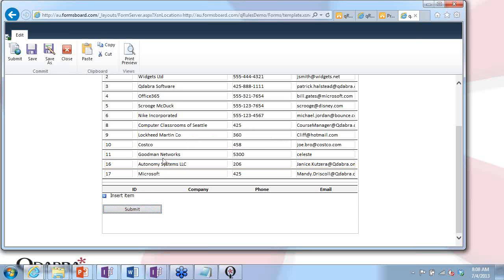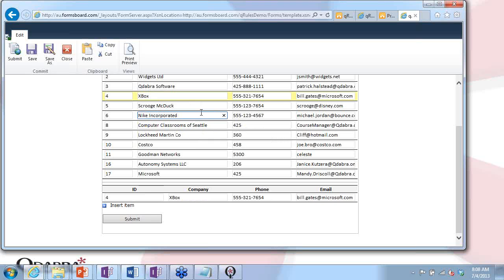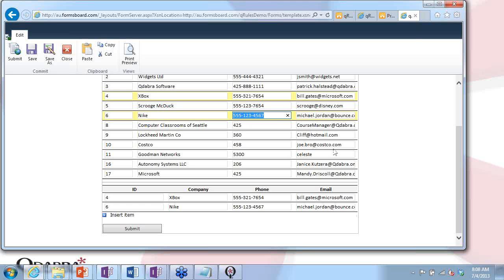I can do multiple edits at the same time. Let's change this one here to Office 365. We'll say Xbox. And then we'll change Nike Incorporated to just Nike. Okay. And of course, we could change other things here. We could change the number to make it more auspicious. Okay, so we've changed two items, and if we submit these, you'll see in a second here, if we go back to the list, where we have our data,